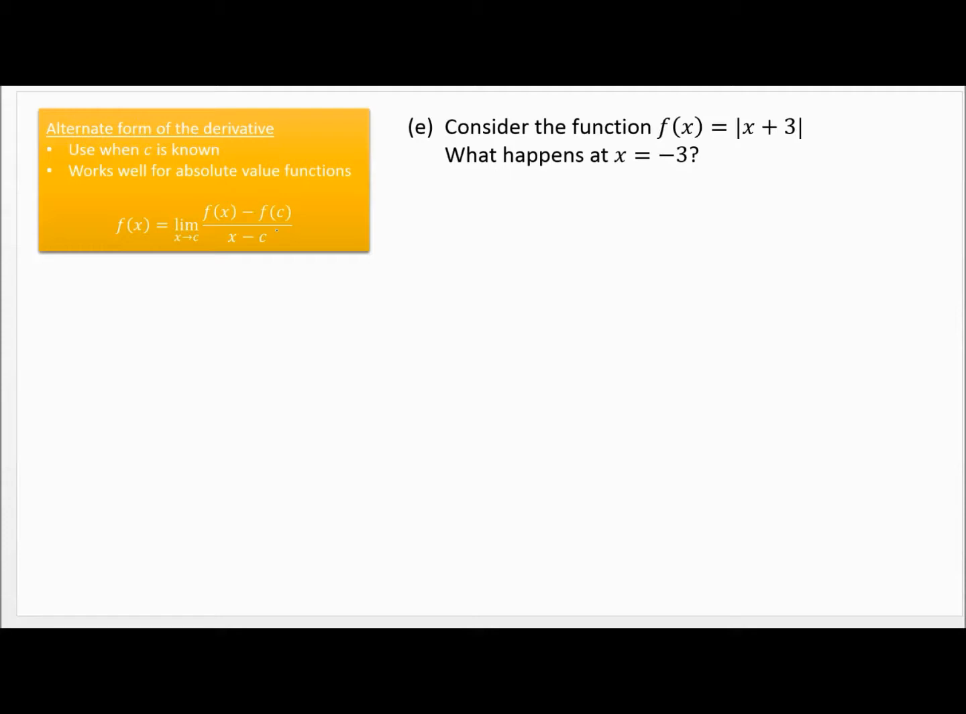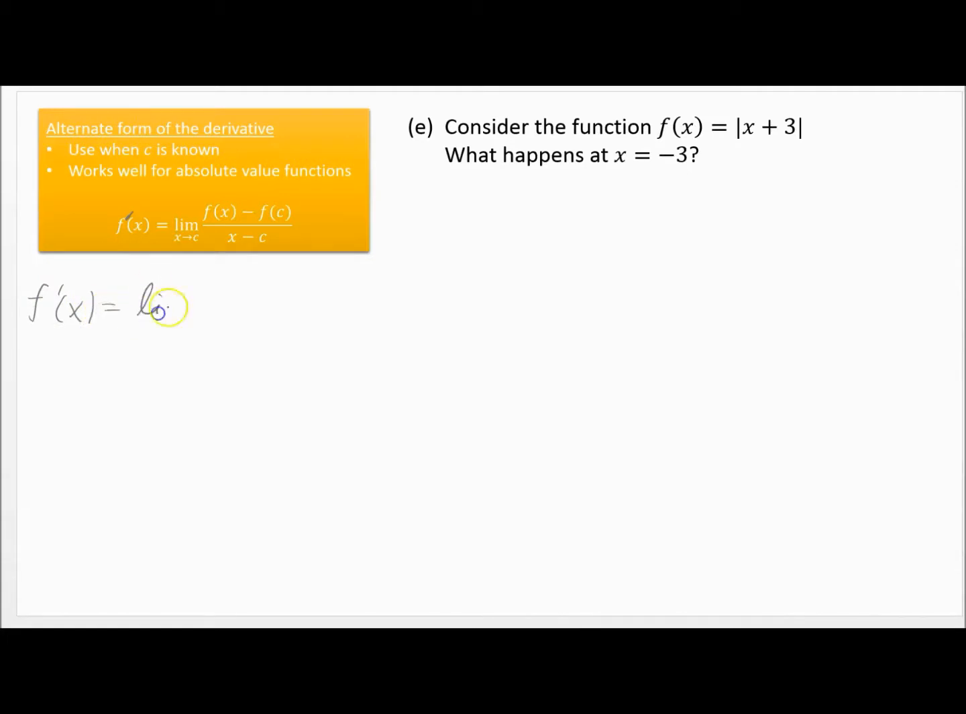Now, I'm noticing a typo right here. I always notice them when I'm in the middle of doing work. That should be f prime of x equals the limit as x goes to c of f of x minus f of c over x minus c. Surely it's not f of x, right? That's the derivative. All right. So let's go. f prime of x